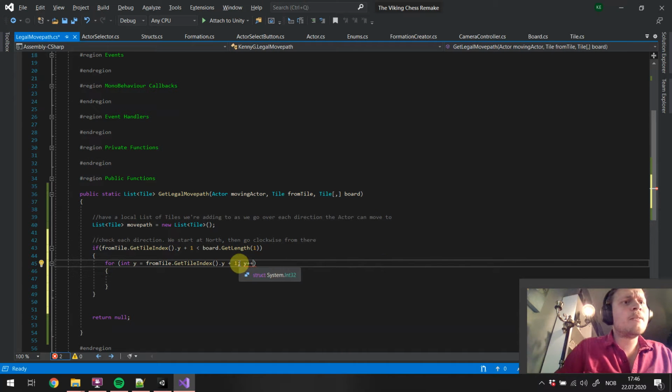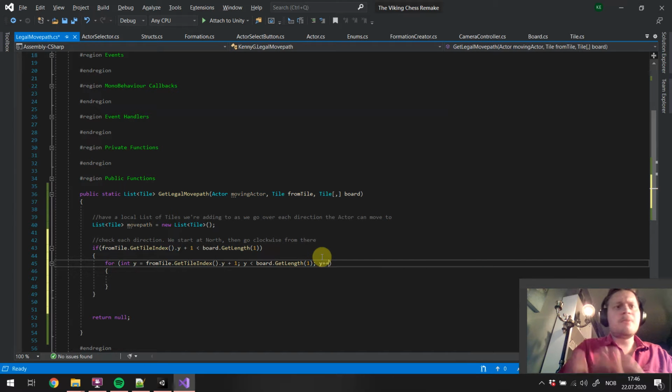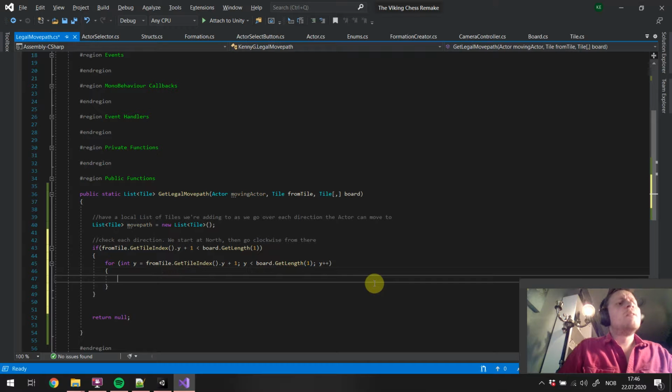Oh yeah. We need to check y is lower than board dot get length 1, and then y plus plus. Cool. And then